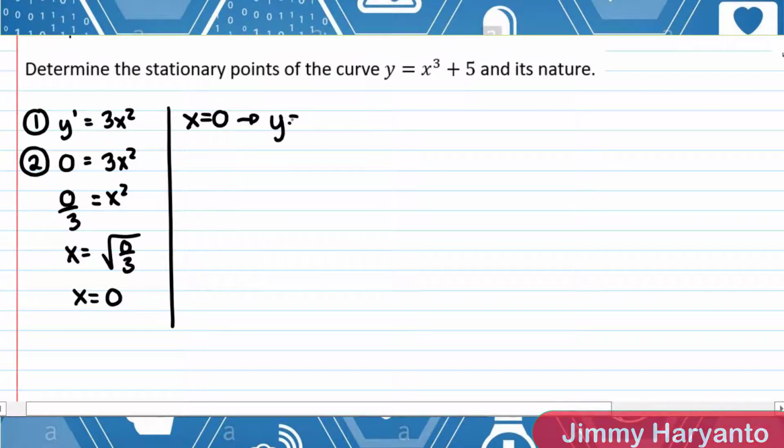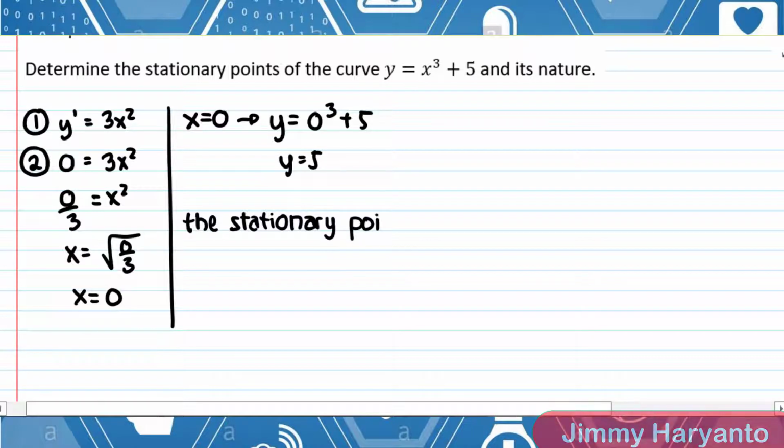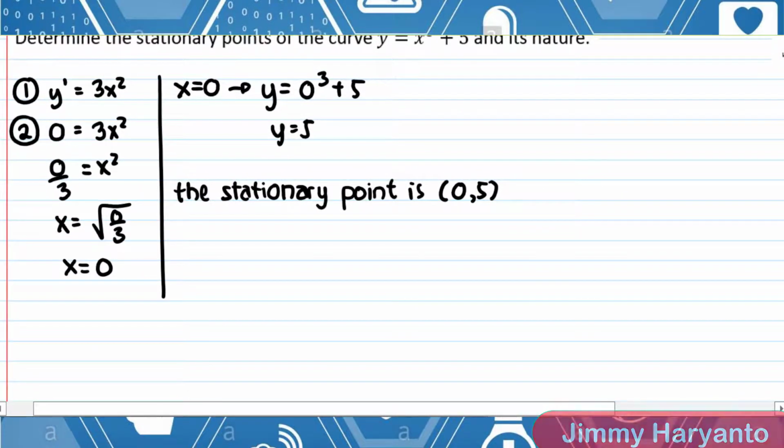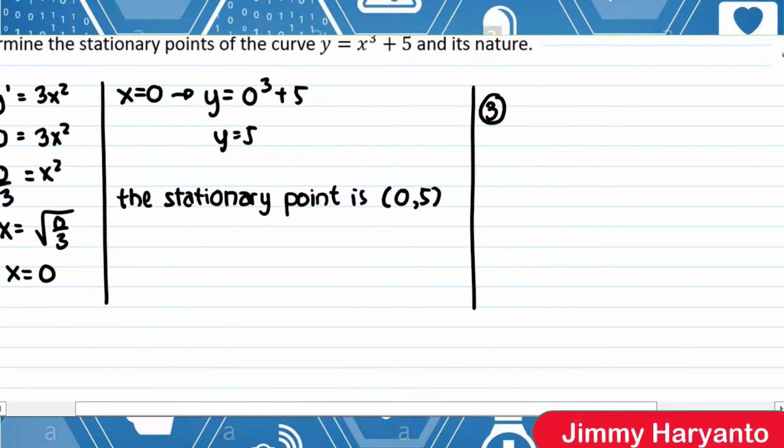So we will get the coordinates 0 to the power of 3 plus 5, y equals 5. That means we have the stationary points. The stationary point is only one, 0, 5. Okay, and next is the nature. To find the nature, you have to